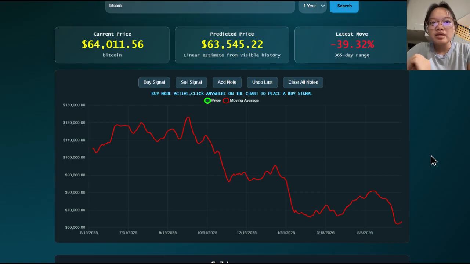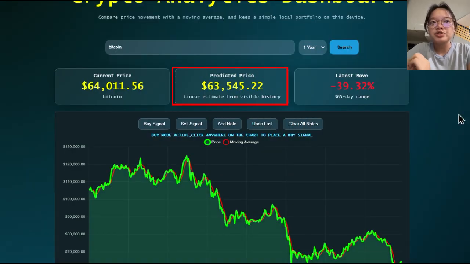Okay, now let us look at the price prediction feature. The predicted price card displays a future price estimation. This value is generated using a simple linear regression algorithm developed in JavaScript. Although it is a basic prediction model, it nevertheless demonstrates how historical data can be used to estimate future price